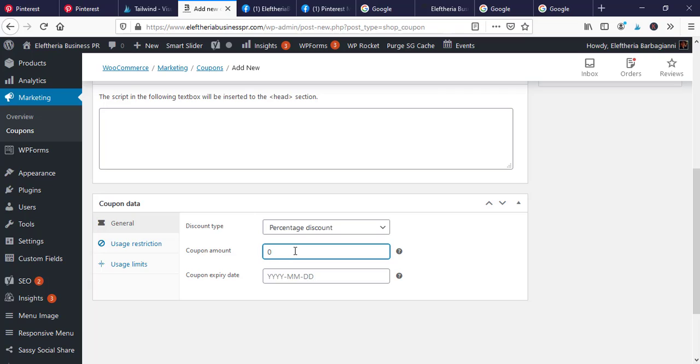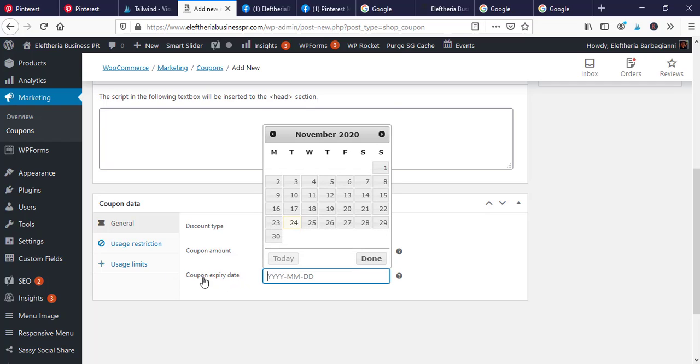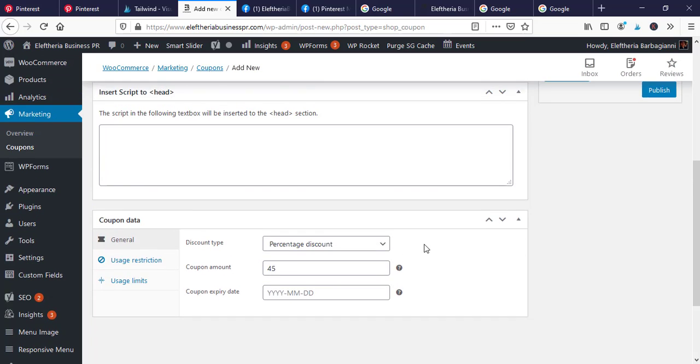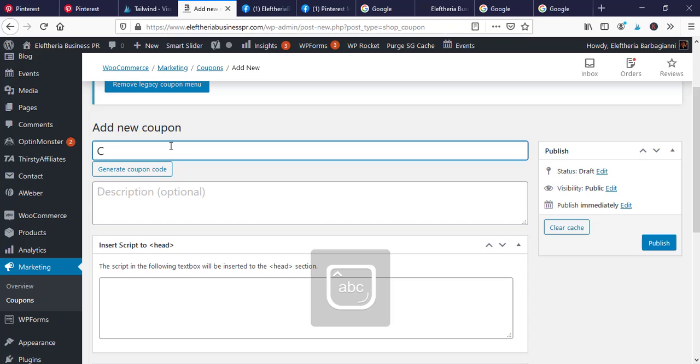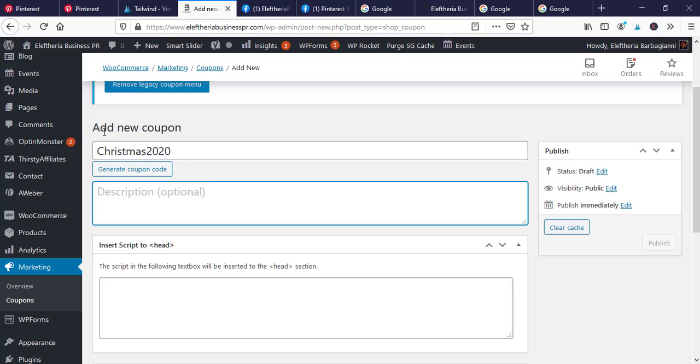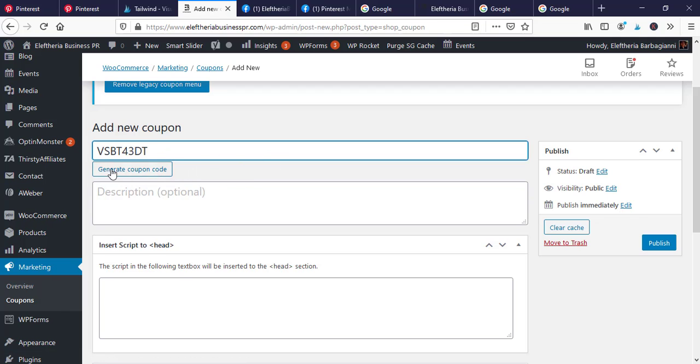You put a percentage here, like 45, and also here you have the coupon expiry date. I will show you, but let's start from the beginning first. First of all, you can put the coupon name. Let's say you have Black Friday, but I'm using that already, so we can say Christmas 2020, for instance, and then you press this button, generate coupon code,